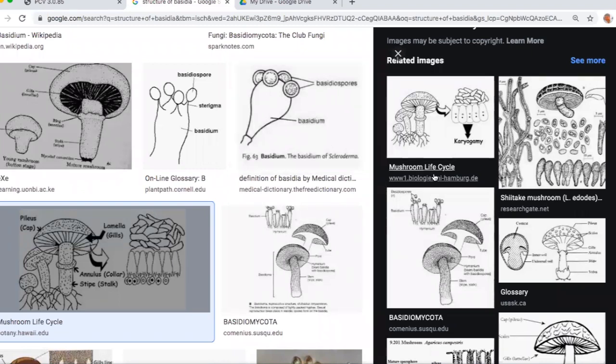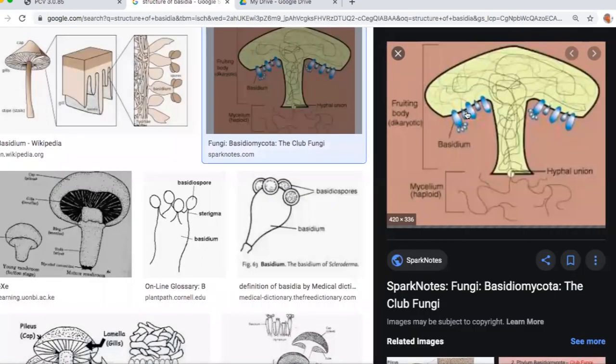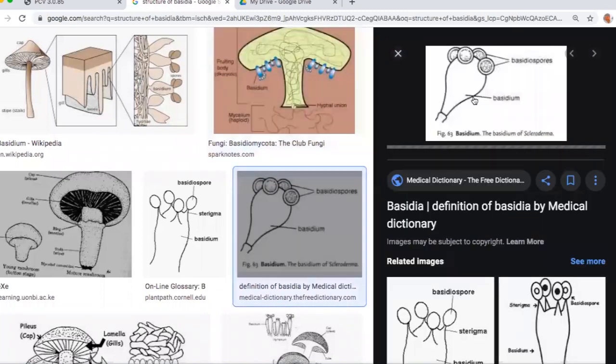So if you are looking at each gill, it will be lined with lots of structures called basidia. You are able to see this structure. Each gill will have a line of structures which is called basidia. In singular it is basidium, plural is basidia. What will this basidium contain? The basal portion is called the basidium. On top of it, you will see something called the basidiospore.